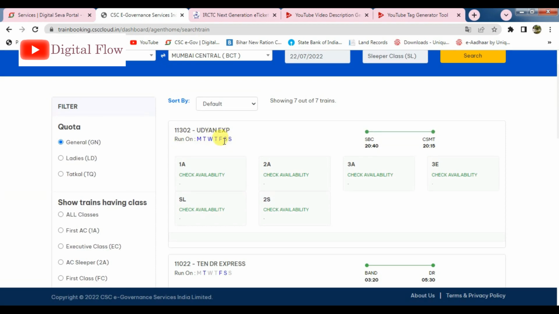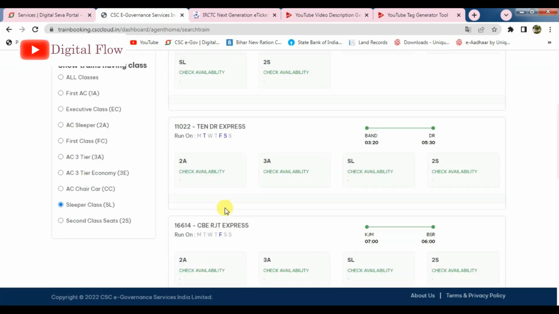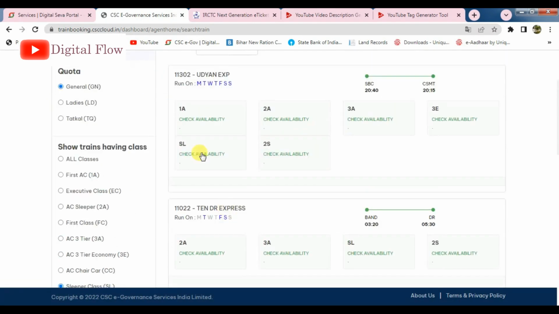Here the classes show: 2S sleeper, 3 tier AC, 2 tier AC and single AC, and this is the extra bogie. We will check whichever quota and class I want to book. First of all I will just check sleeper.